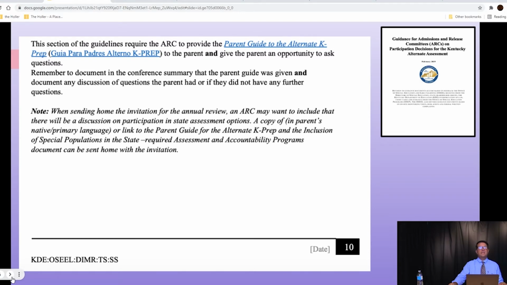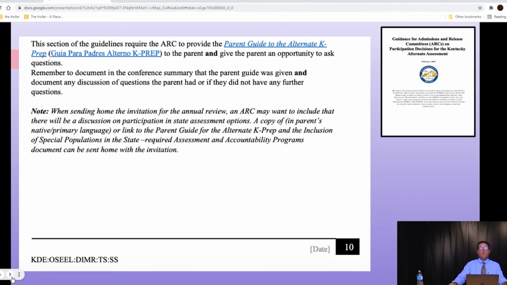So here we see the parent guide for alternate K-Prep. This section of the guidelines requires the ARC to provide this parent guide to the parent and give the parent opportunity to ask questions. So you can see that this is on page 10, and it says remember to document in the conference summary that the parent guide was given, and document any discussion of the parents' questions they had or any further questions. When sending home an invitation for an annual review,